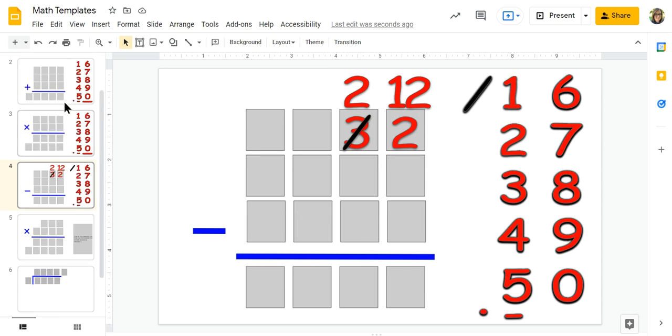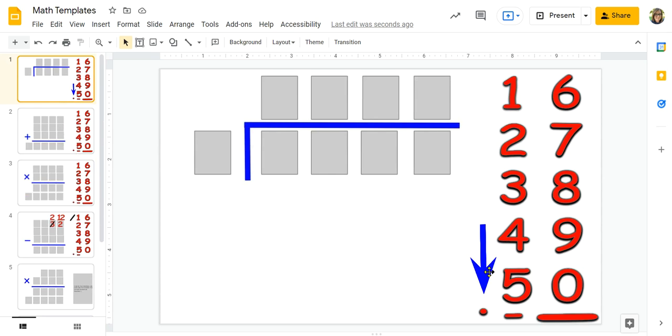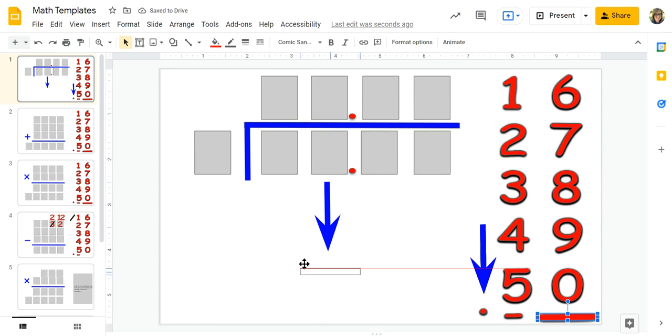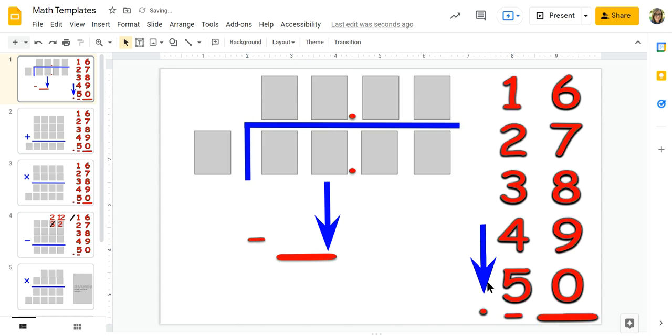So on the division one, I'll go up to this other division one. I made an arrow down for him so that if he's subtracting, dividing, bringing down all those things, and if he's got a decimal in his problem, he can put the decimal in there. He has the subtraction bar here and the equals bar for the subtracting part. So he can move all these things over on the template,